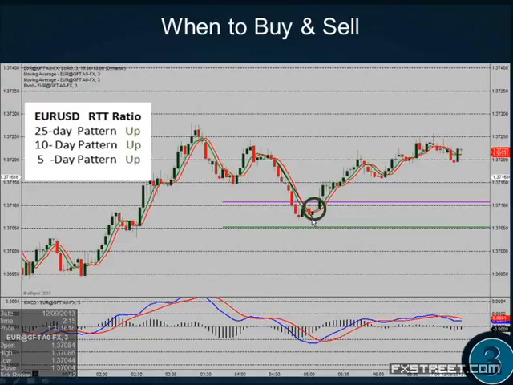You have the majority patterns up. You're looking to buy a dip in an uptrend. Wait for that short-term trend line break. A very effective signal, by the way, a short-term trend line break. It's a counter trend line break. This is a counter trend move, so that's a counter trend line we put on there. When the counter trend line breaks, we go long in line with the majority of patterns.